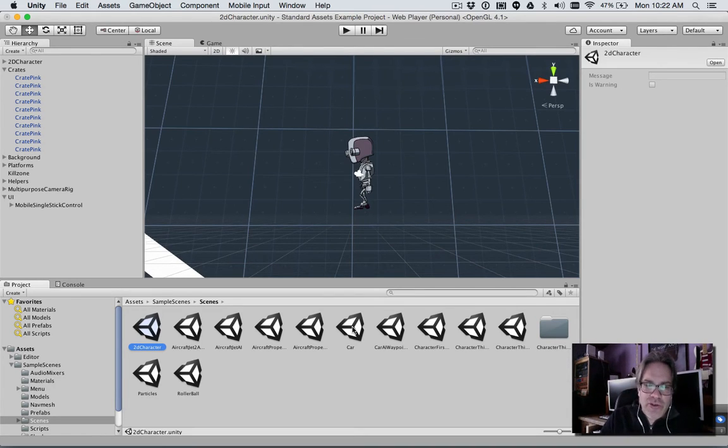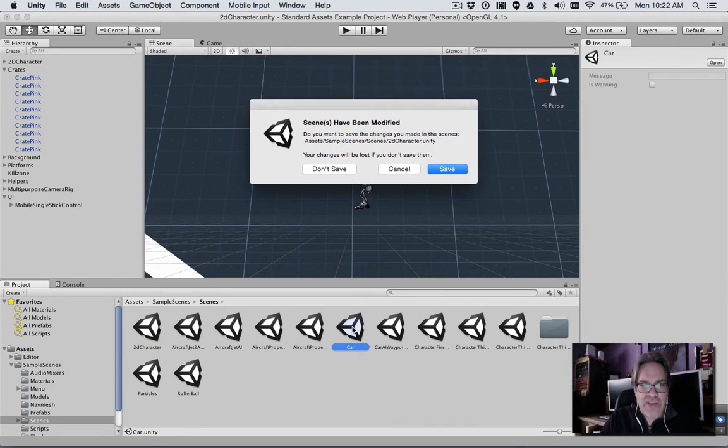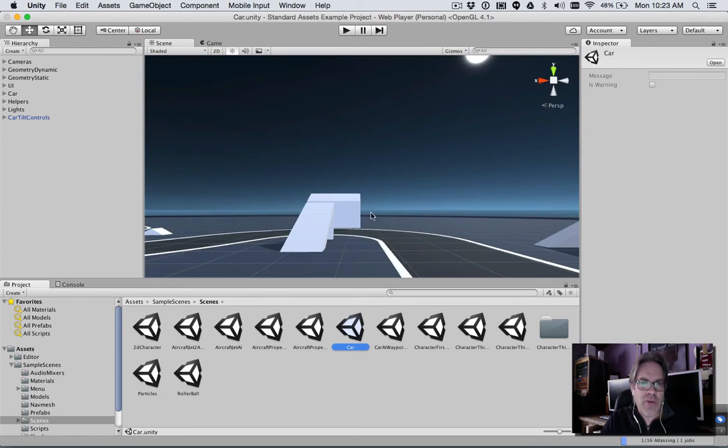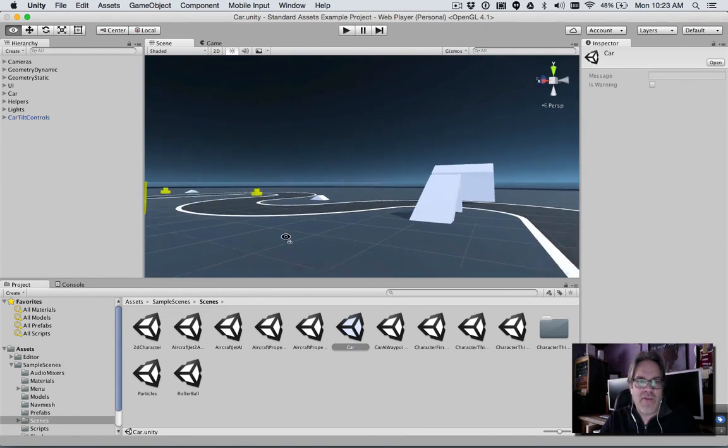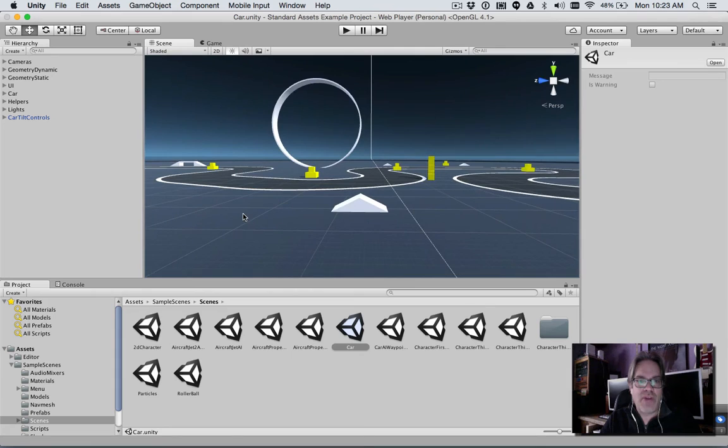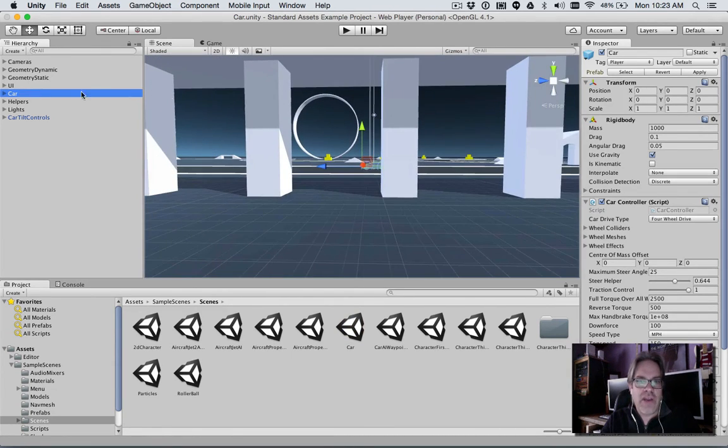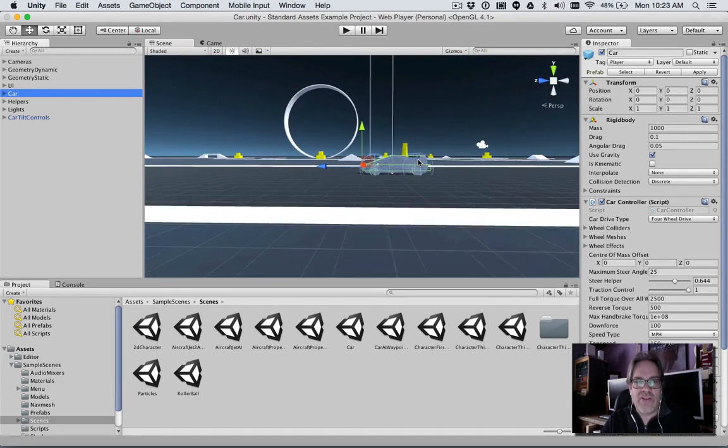character. And what I'm going to do is go to the car scene instead. I'm going to double-click on that. And it says, do you want to save the scene? Essentially, the scene itself is the game level. So I'll hit don't save and go to my car level. And then in my car level, I can navigate around, and I probably can find the car easier. I probably can double click on car, and it will bring it up for me so I can see it